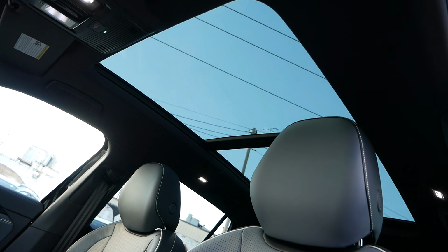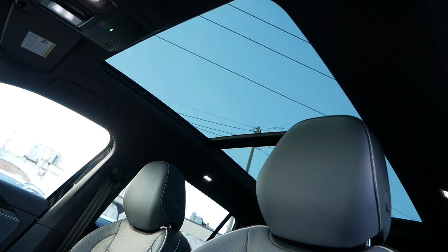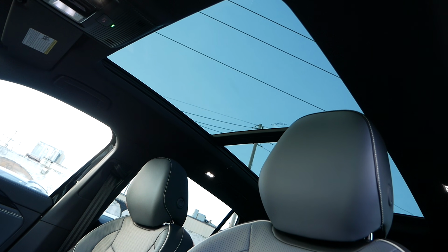And this steering wheel, huge upgrade over the other trims as well. And then to round out the front seating area, above will be a panoramic moonroof, which brings in a lot of natural light to the interior. Then quickly taking a look at the second row, all the interior dimensions carry over, such as legroom, headroom, shoulder